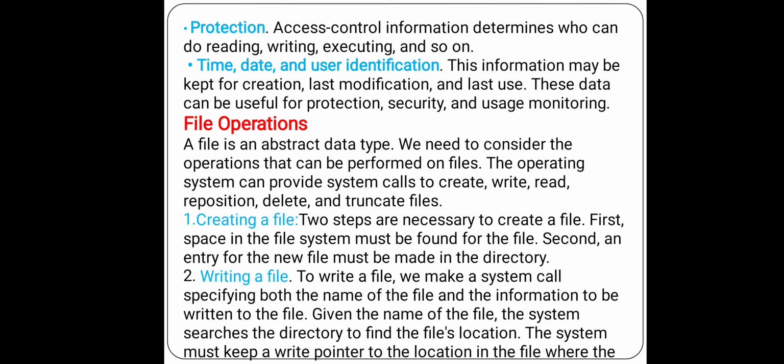And next, protection. Access control information determines who can do reading, writing, executing, and so on. See, protection means you need to give some protection for the file, right?